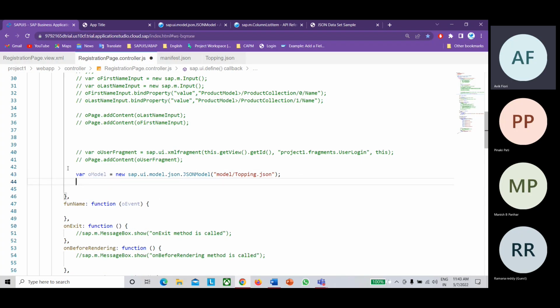Now there are two options: whether you want to set this model on the local level, that is on the view level, or on the entire app level. It's your choice how you want to set this. Let's consider in your app there are 10 views, but you don't want this information to be available for other views because it is irrelevant. You only need this information for the registration page view.xml file or the controller file. You don't want it for any other controller file. So what you will do, you will write this.getView()